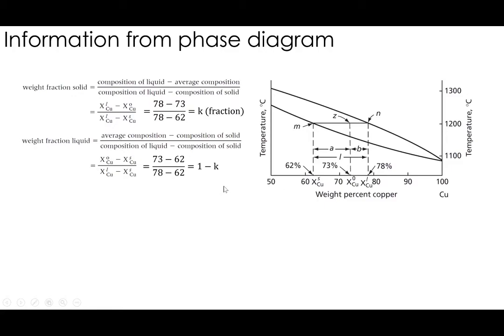So that is going to be 100 minus, or 1 minus, whatever the amount of solid is. When we talk in terms of percentage, we can say 100 minus, but since we are talking in terms of fraction, it is going to be a fraction here. 1 minus that fraction is going to be the amount of liquid. Since two phases are in equilibrium, this is fine. 1 minus k will be the answer. So this is how you figure out the amount of each phase in a two-phase mixture. When two phases are in equilibrium, we can figure out the individual phase compositions and the amount of each phase from the phase diagram.